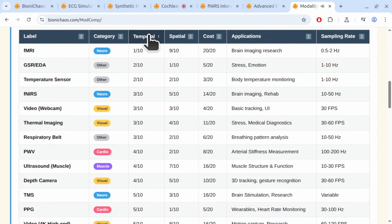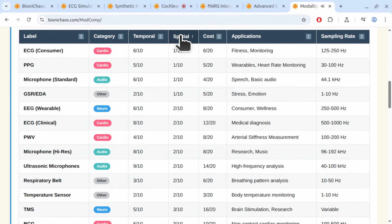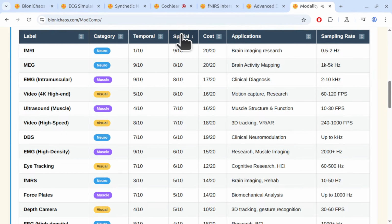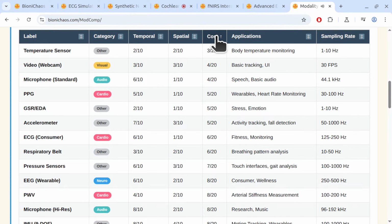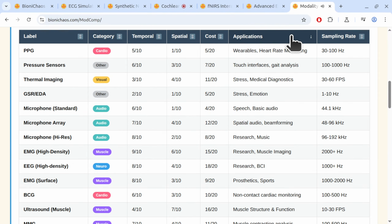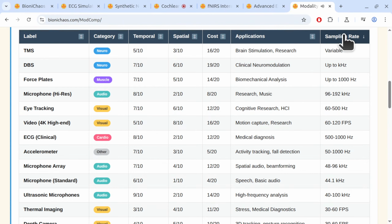From that humble temperature sensor, just asking hot or not, all the way to the mighty MEG tracing neural pathways, each gives us a unique window. Defined by its speed, its detail, and that ever-present price tag. And this deep dive, I think, really shows that being informed isn't about memorizing specs, it's about grasping those fundamental trade-offs. And appreciating that sometimes the simplest, cheapest tool gives you exactly what you need. While other times you really do have to pay for those extra pixels or those milliseconds of perception to make